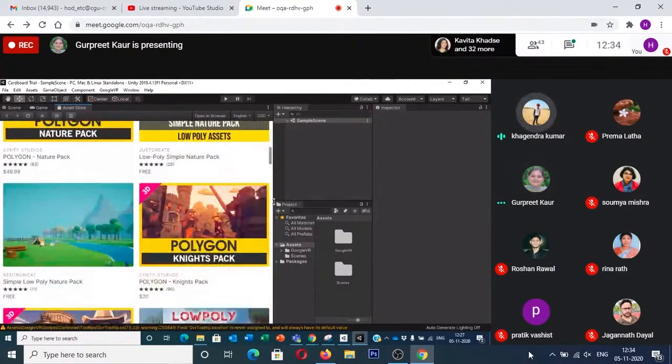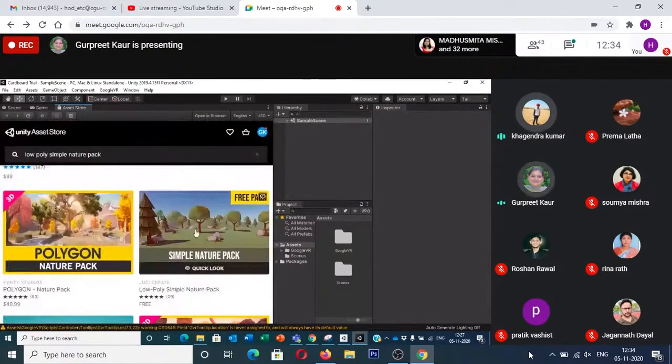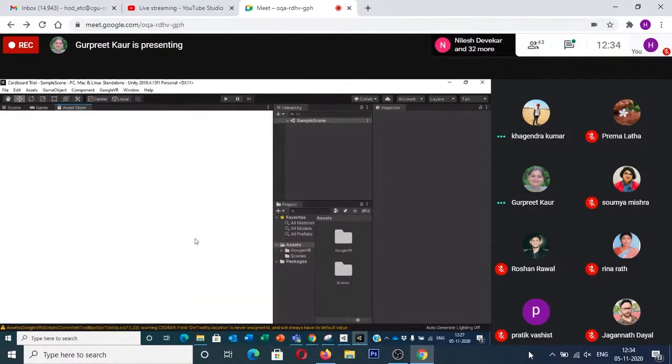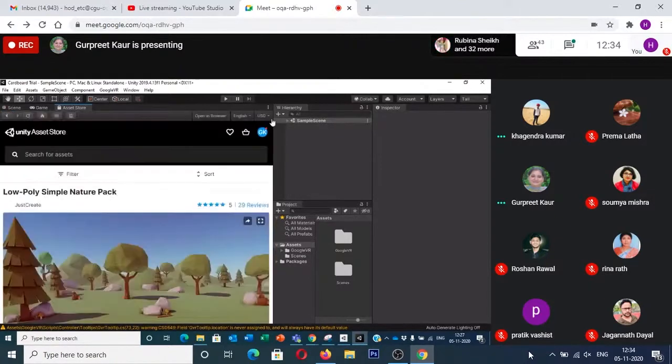That second pack, this one, the Low Poly Simple Nature Pack free pack. Click on this. And then again scroll down.